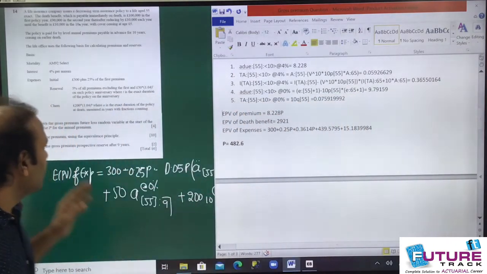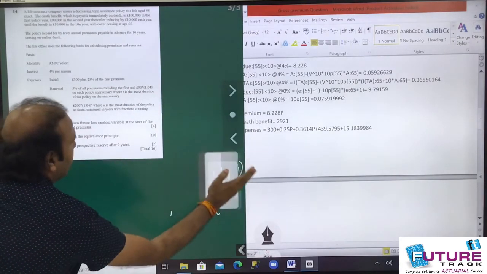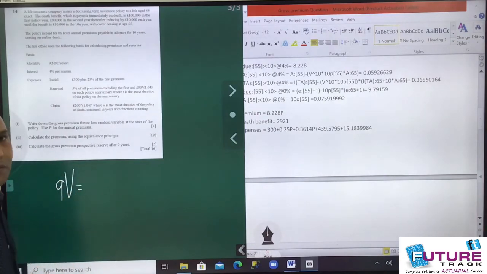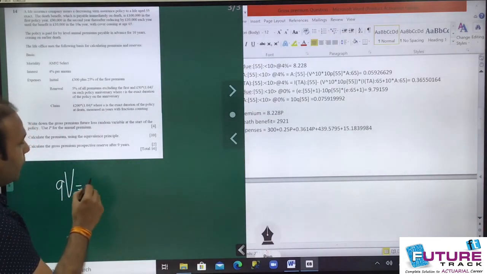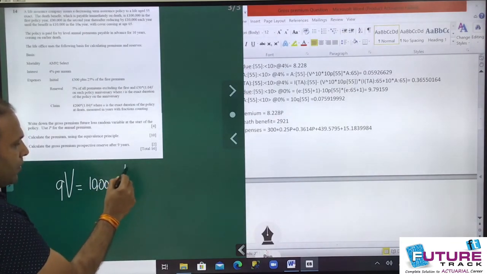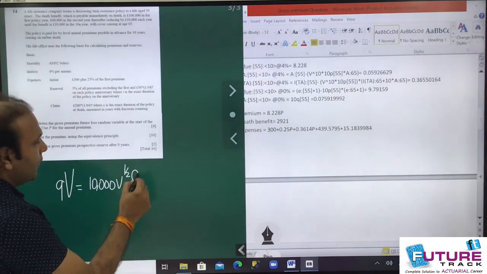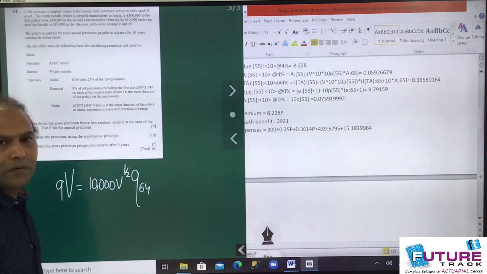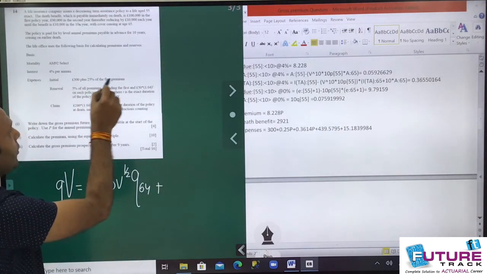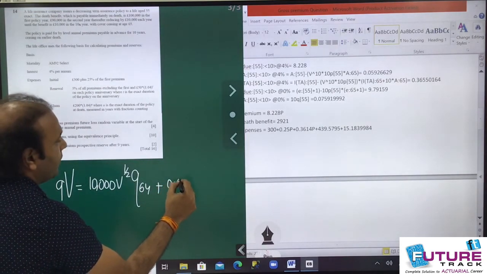We have to do the gross premium prospective reserve. Let's see how to get that. So we have to write 9V. So what is my 9V? First benefit, in the last year we will get 10,000. Benefit is immediately, that is why v half, and if the person dies in the last year, q64, plus expenses, no initial expense, renewal expense will be there, 5% of the premium,